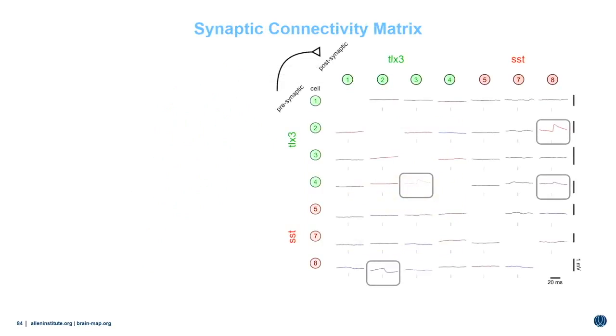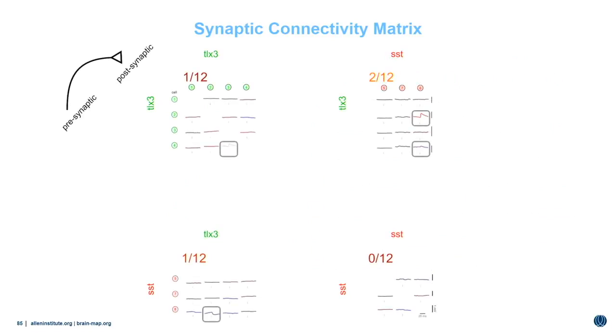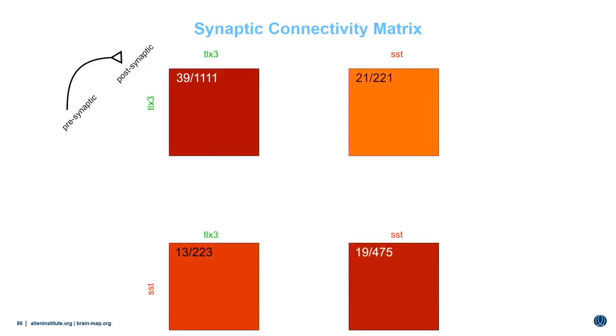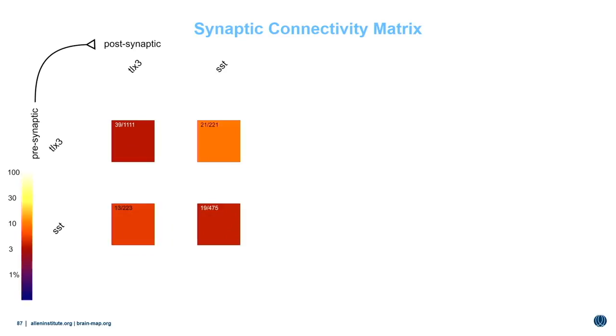And so with this criteria, we can take each experiment and bin our connections by pre- and postsynaptic cell type. You can see even within this single experiment, different synapse types may be more likely than others. Once we've done this for a sufficiently large amount of data from a number of experiments, we can categorize each synapse type by a probability, which is given by the total number of connections we found and the total number of synapses that we've probed. And this results in our synaptic connectivity matrix,